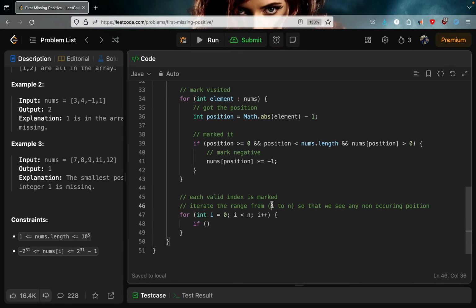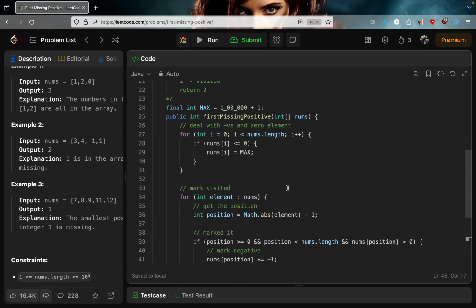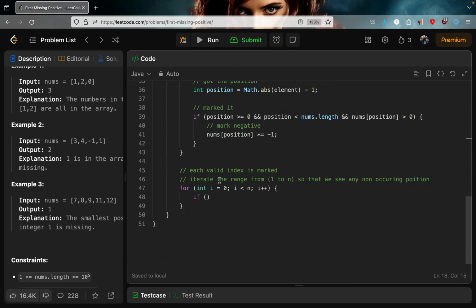You can use 1 as well, but you need to change the underlying logic. So I'm saying if the underlying element is not visited, in this case visited is marked with a negative number. If it is not visited, this is the lowest position. So if nums of I is greater than 0,